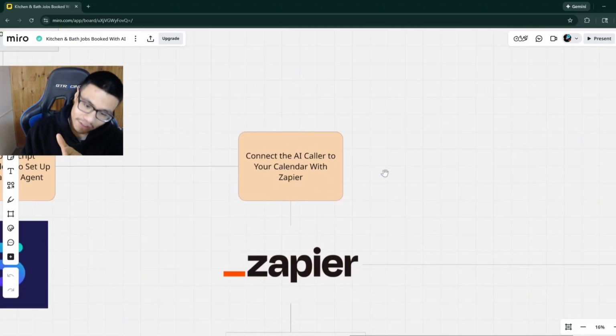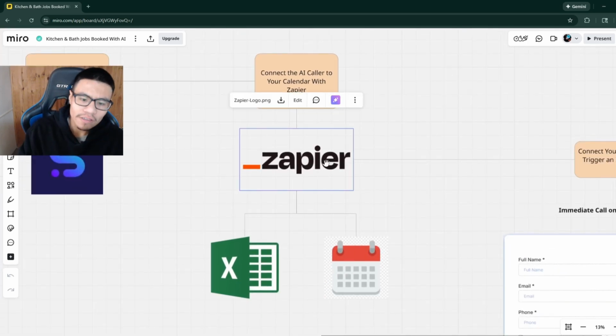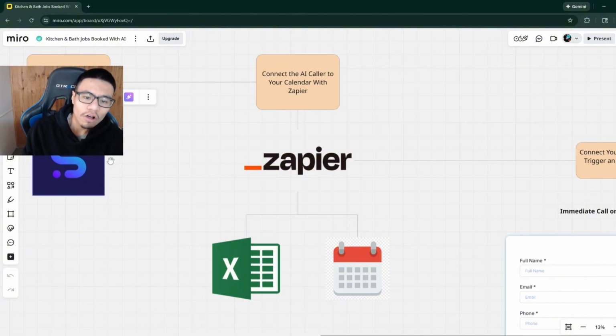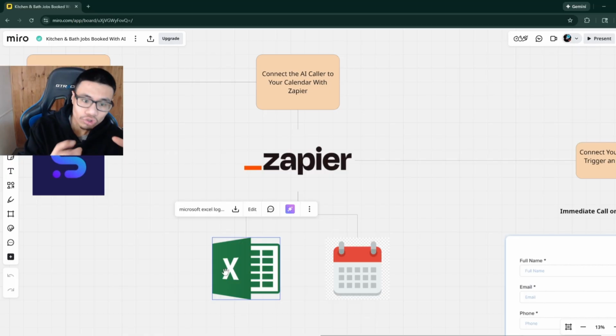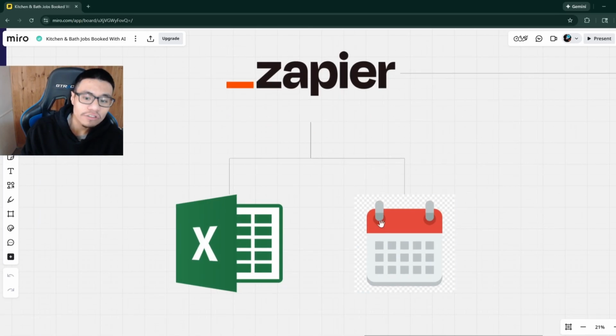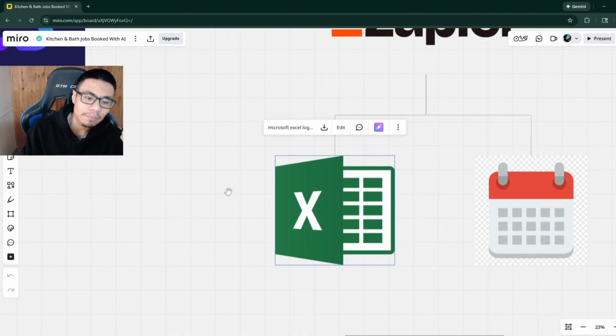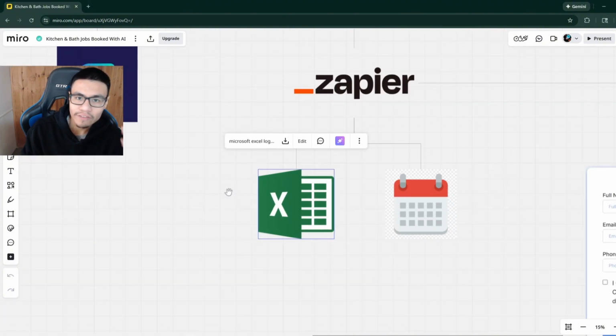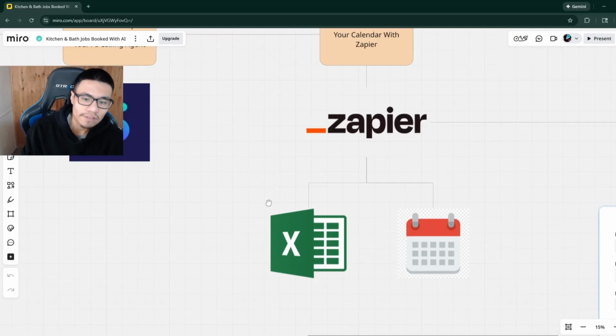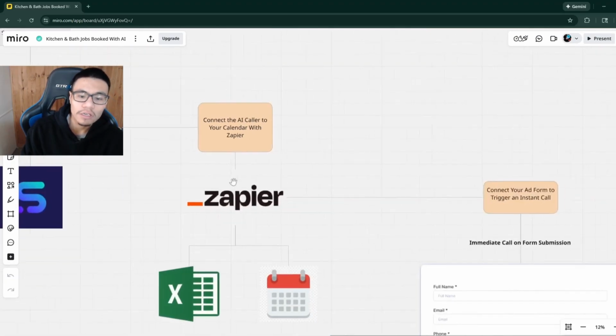The next step is very important. Of course, you connect the AI caller to your calendar with Zapier. Now, Zapier, if you haven't heard of it, it's like a super glue. Okay, it literally allows you to connect everything behind the scenes. So you connect the Synflow AI caller to your calendar, as well as to your Google spreadsheet or whatever CRM tool you use for your team, etc. It connects all of it. So then the AI caller can literally know your calendar and reference it whenever it's talking to your leads and update your CRM with the new leads' contact information, etc. for you on a 24/7 basis. So the AI caller literally is an employee that can do all that for you.